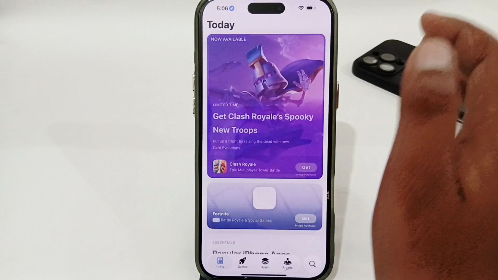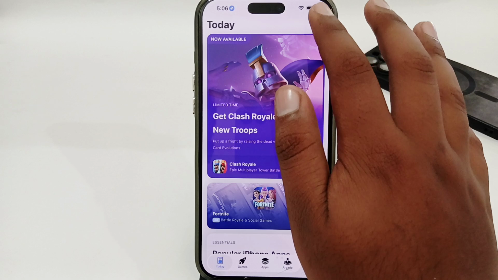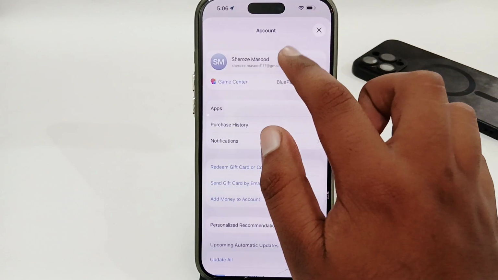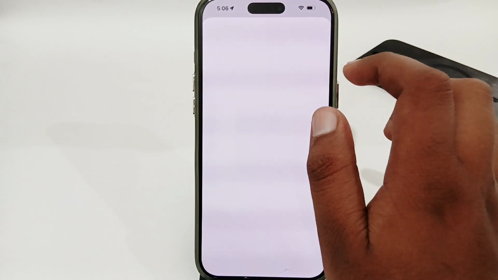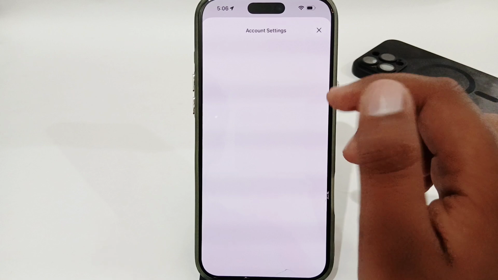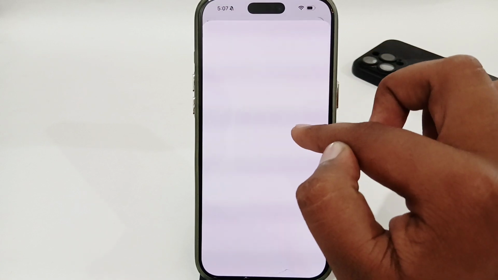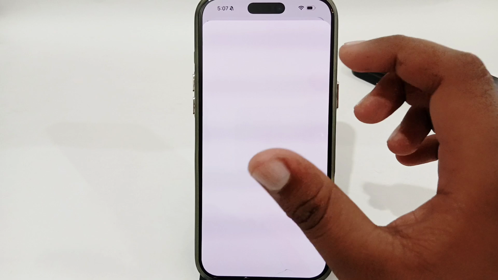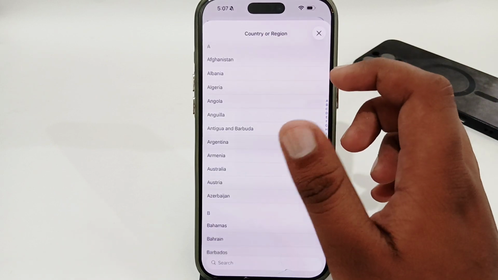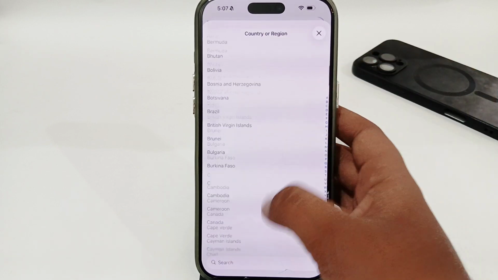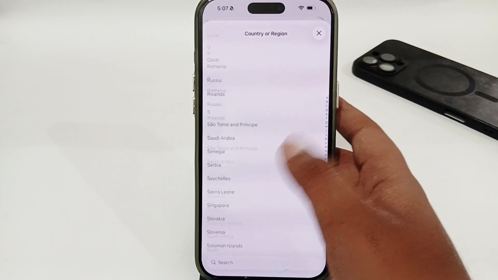your App Store. Tap on your profile in the top right corner, then tap on your profile again, and here you have to select the Country or Region option, and from here you have to select the specific country or region in which you are living. In my case, I'm going to select mine,